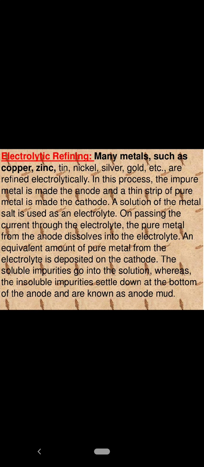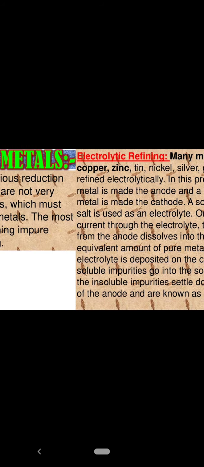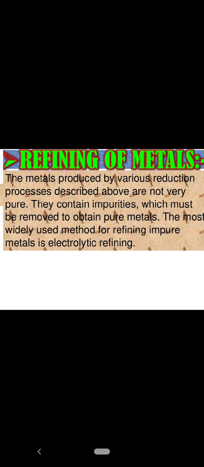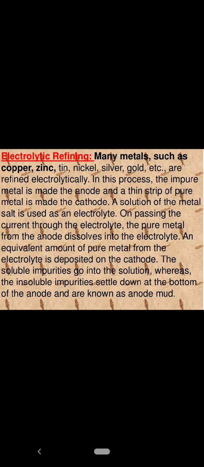In these processes, a solution of the particular metal is used as an electrolyte. The apparatus setup is as shown, where we have considered the example of separating copper from its solution. What happens on passing the current through the electrolyte? Pure metal from the anode dissolves into the electrolyte, and an equivalent amount of metal from the electrolyte is deposited